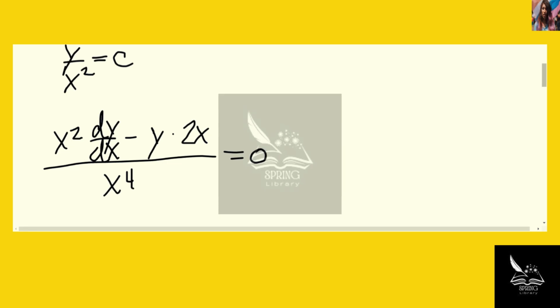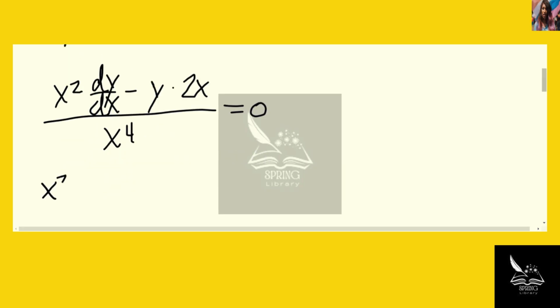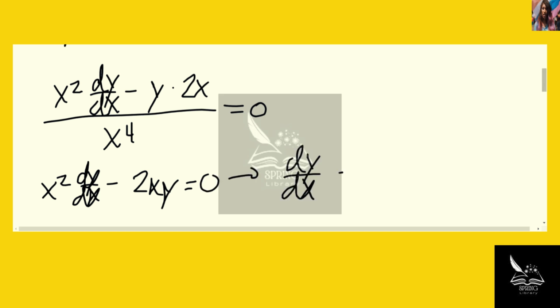Okay. Now we want to solve for dy/dx. We have x squared dy/dx minus 2xy equals 0. Therefore, dy/dx equals